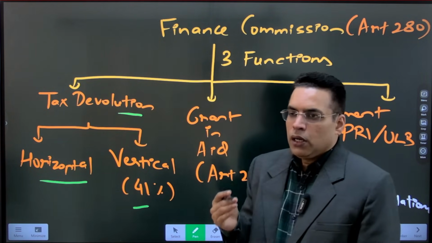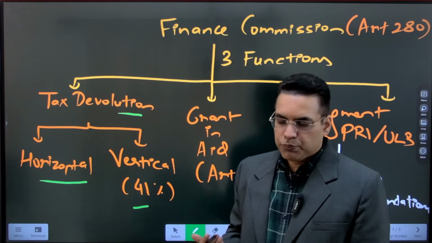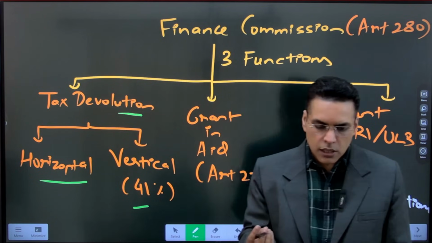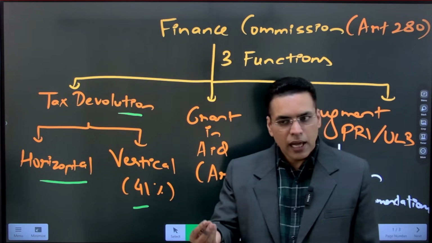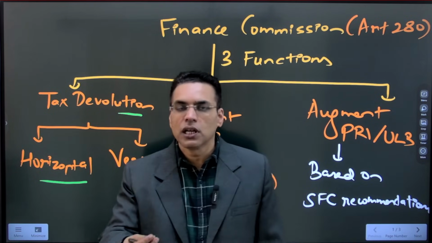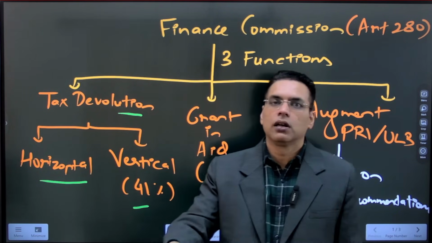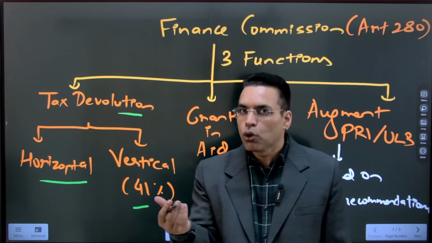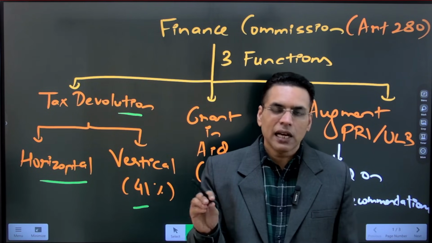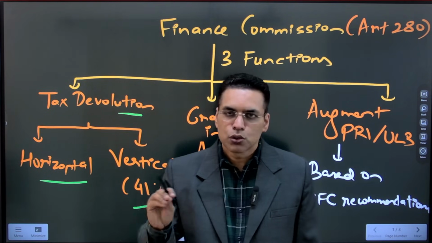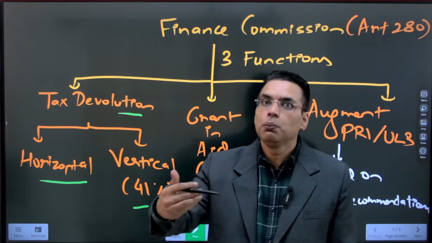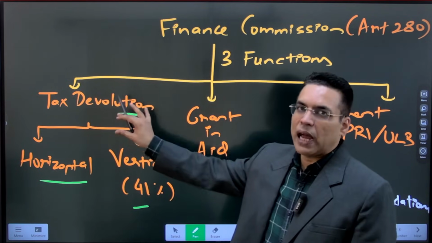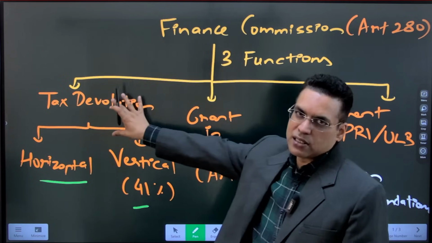In vertical form, the question is why we give revenue to the state government. By design, the central government has more power to tax, and by function the state has to deliver more on the ground in terms of law and order, education, and healthcare, so they need more revenue. And India is basically a quasi-federal system. So to balance fiscal federalism, so that states are empowered and able to meet their needs, the concept of tax devolution, the first function of the Finance Commission, was introduced.